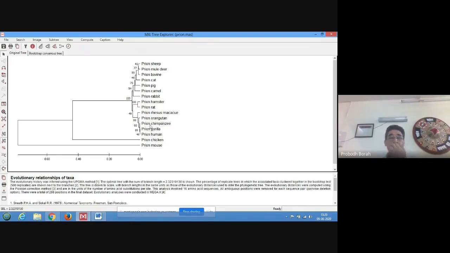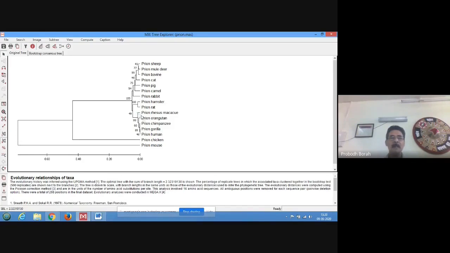Similarly, the prion of chimpanzee is also having almost similar sequences to that of gorilla and human, as expected. Similarly, orangutan is also similar, because these are 4 humanoid apes. So they might have derived their prion sequences from one another. The next similar mammal is rhesus macaque. You see, from here the prion sequence is having only little differences.